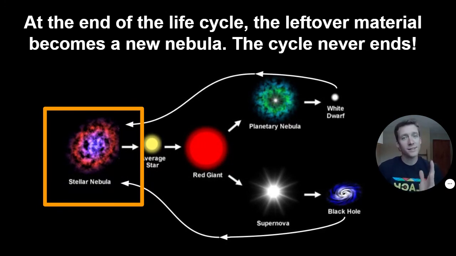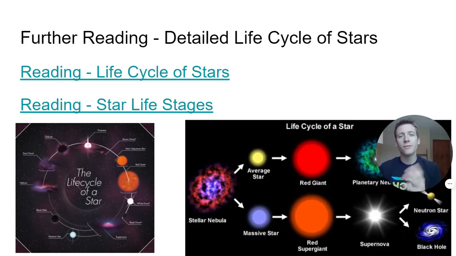So, this was a simple overview of the life cycle that stars go through in their lives, which could last a few billion years or 15 billion years, or even longer. If you'd like to learn more about the details of more complicated diagrams of star life cycles, you can check these out. And also, there are a few articles linked here that you can read that will tell you all the details of the stages that a star goes through in its life.